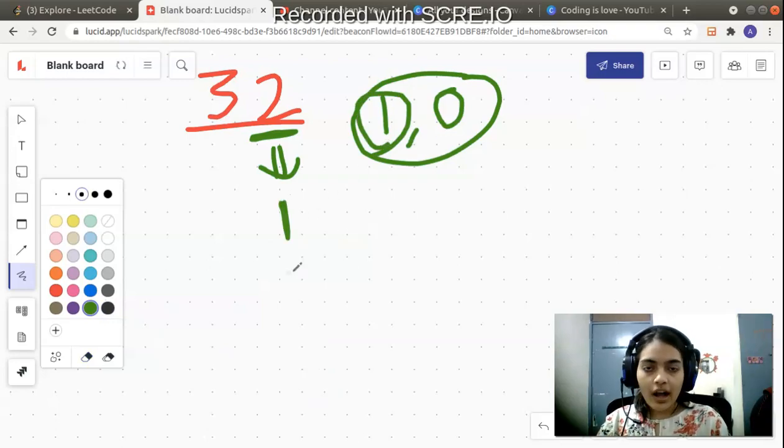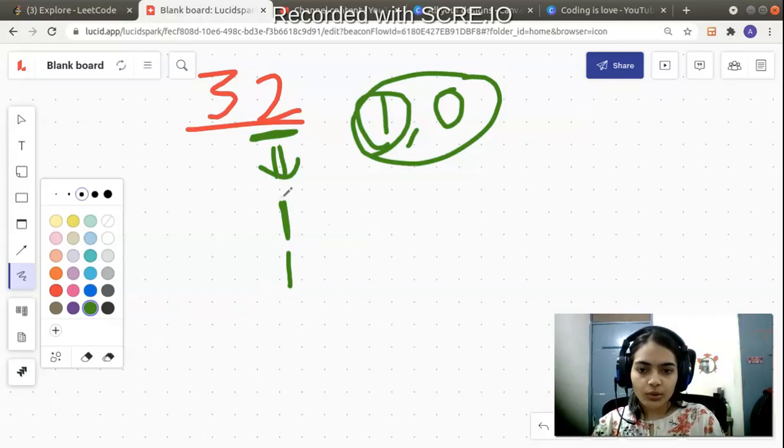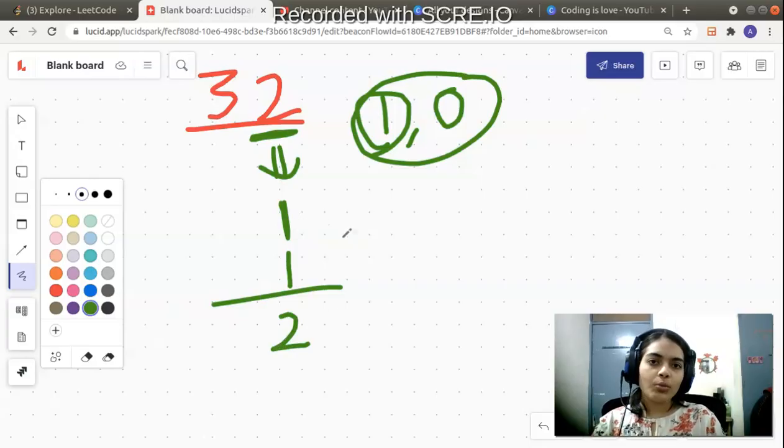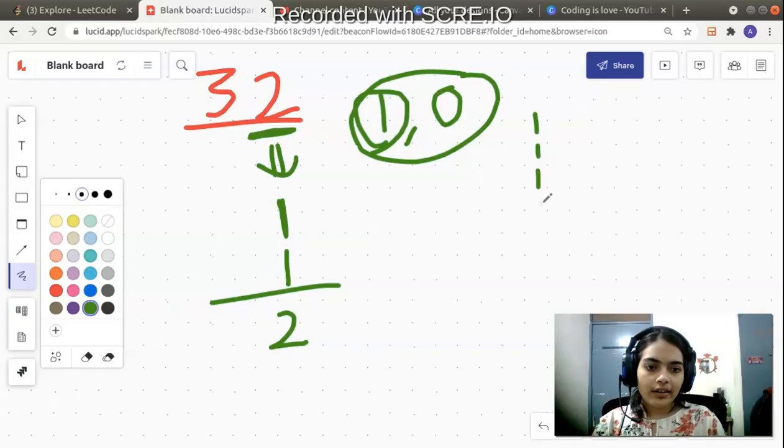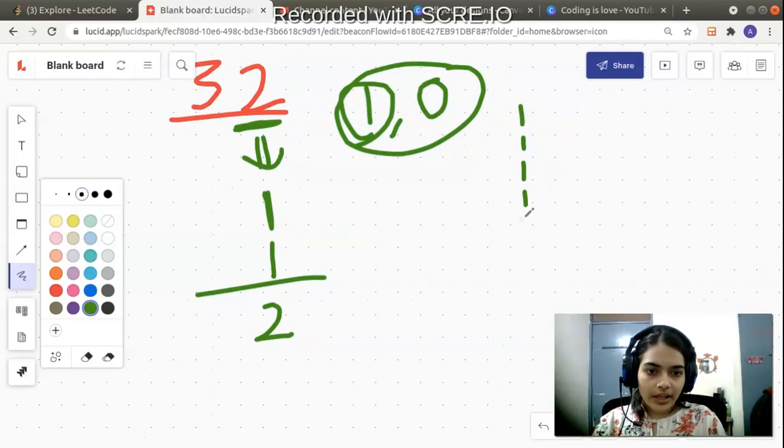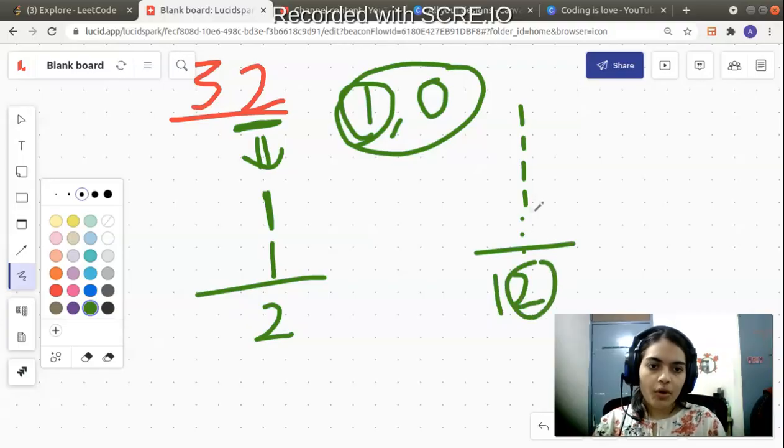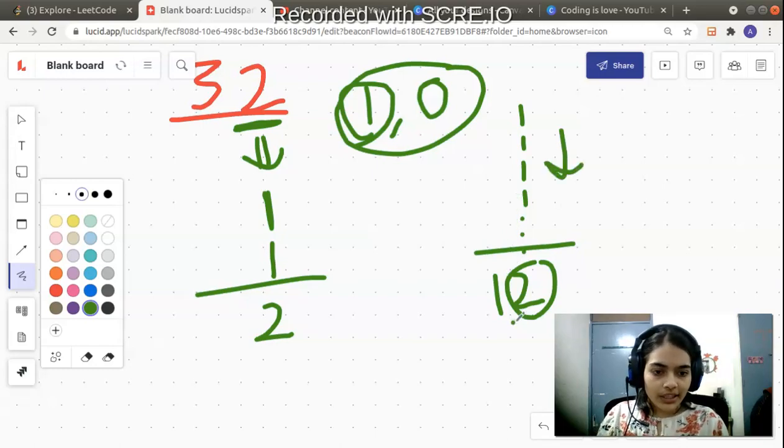So you need one. How many ones do you need? Is one sufficient? No. Are two ones sufficient? Yes. If you take two ones, you will be able to make the unit digit which is 2. You need not take more ones. Now to make 2, you can also take, let's say, 12 ones. If you just keep on adding and take 12 ones, you will get the sum of all these as 12. But you can make the unit digit as 2.